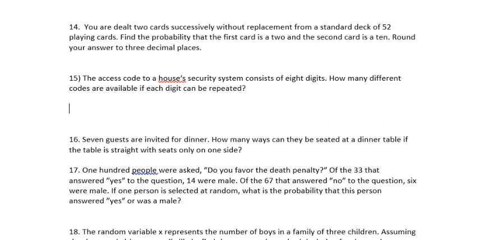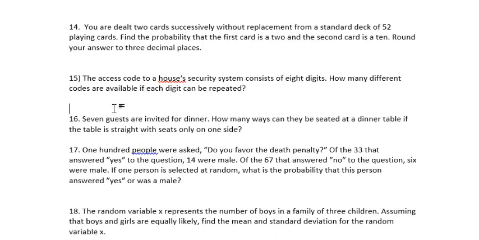So the answer, as far as I can see, is 100,000,000. There we go. One followed by 8 zeros, which is 100 million. If you had a calculator and wanted to do it, you would do 10 to the 8th power, or 10 times 10 times 10 times 10 times 10 times 10 times 10, etc. Okay, that is number 15. Just again, because you have 8 digits, and again, for each digit, there's a 1 in 10 chance of any